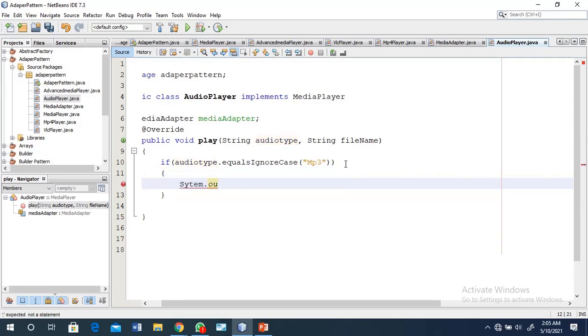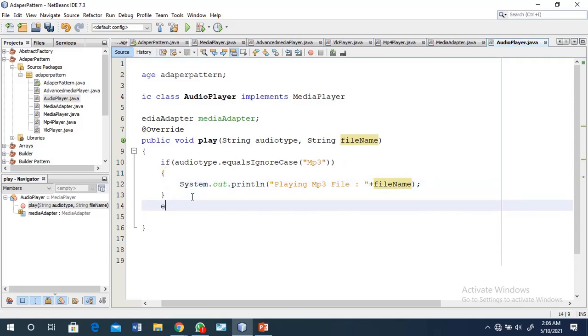System.out.println, "Playing MP3 file", and after that the file name.